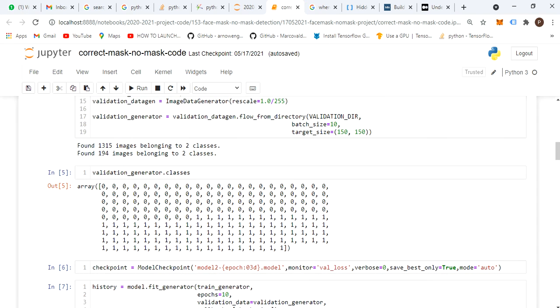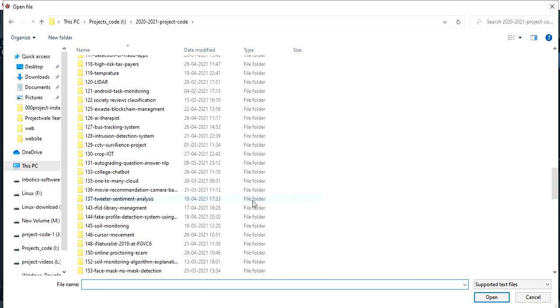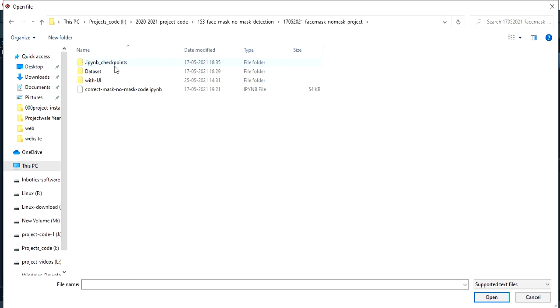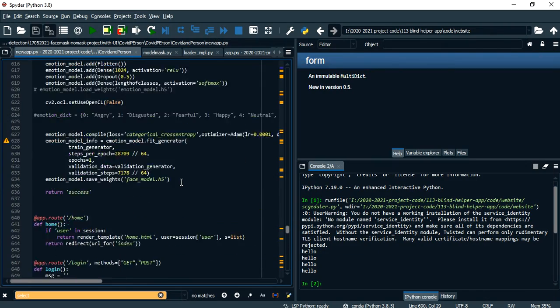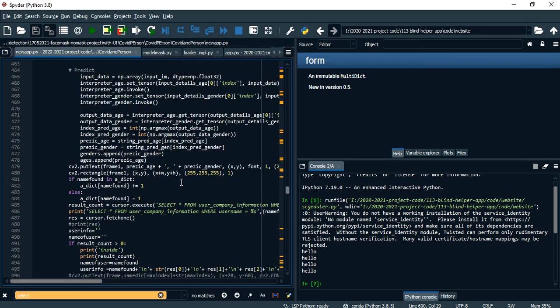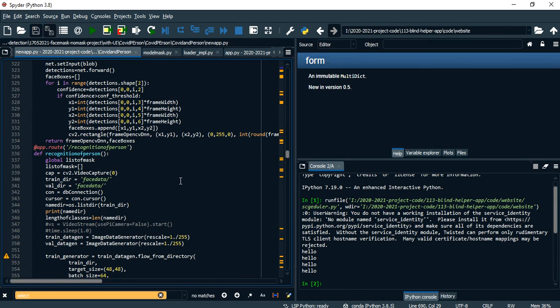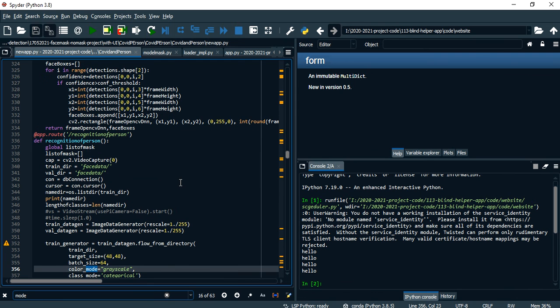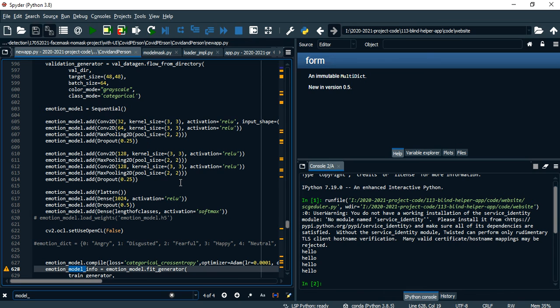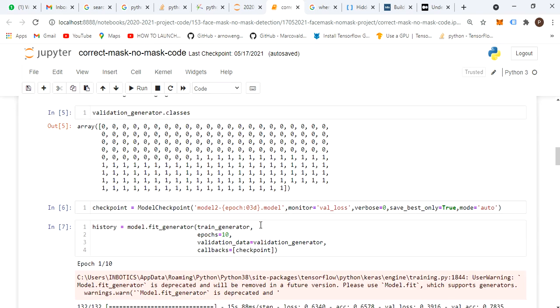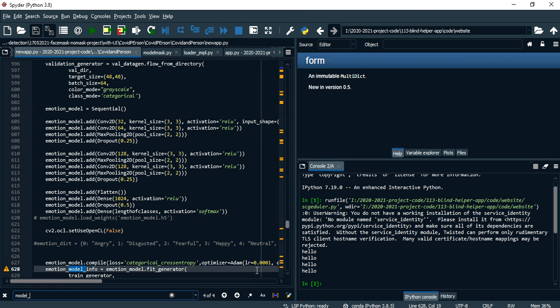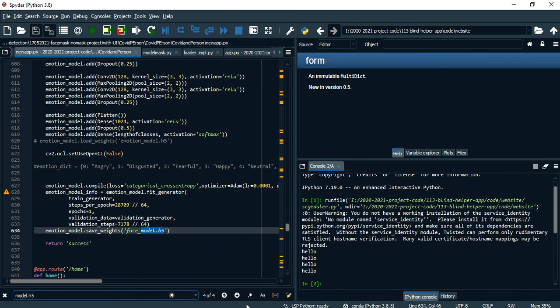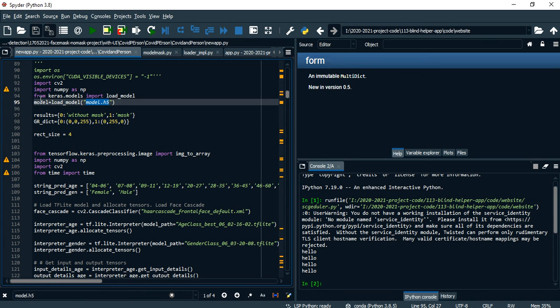Okay, so that is how we are importing the model in our code. You can see in your project, in your new app.py, that model.h5 is imported into model, and this model is applied for prediction.